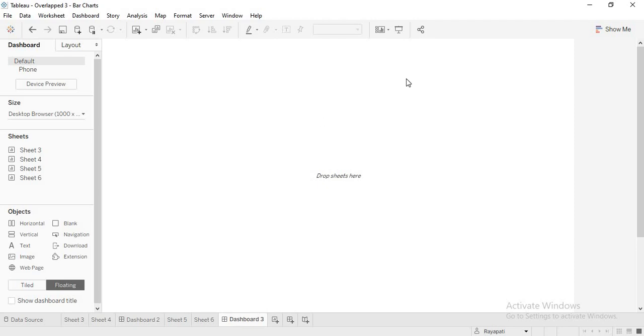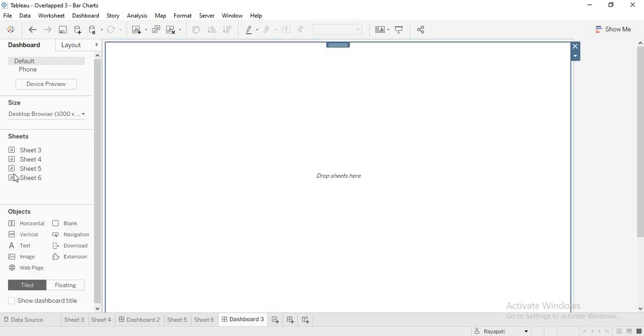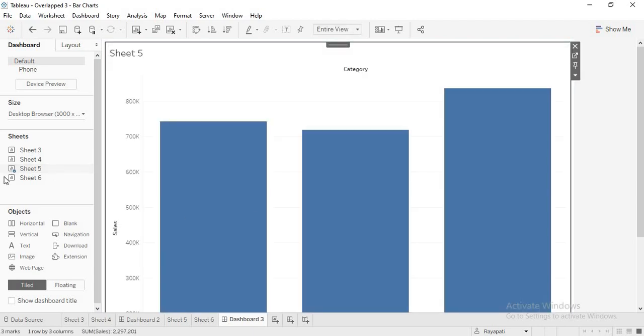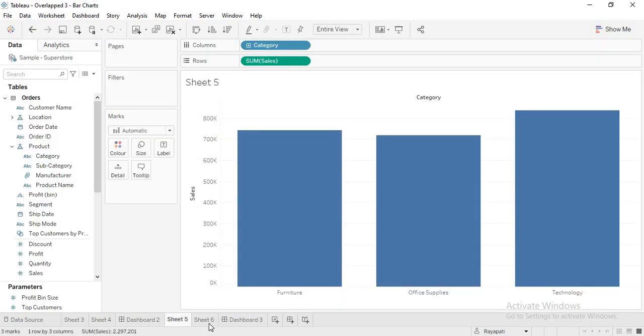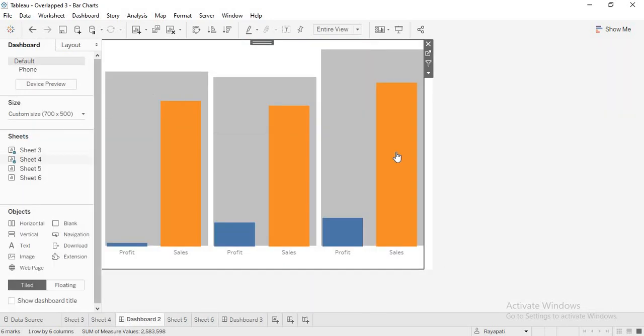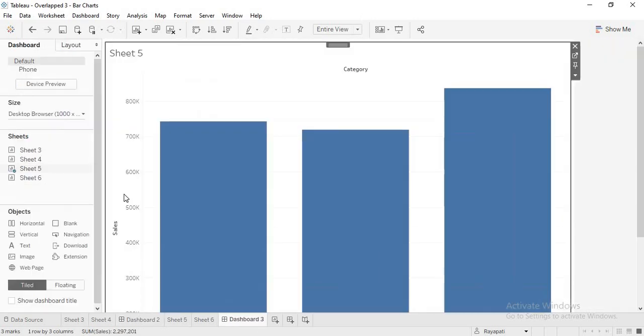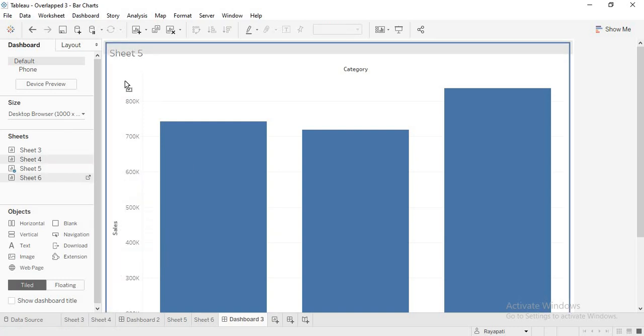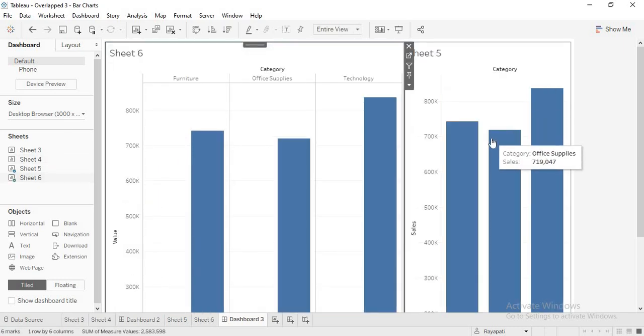Now when you want to do this, the tiled version will not work. The only way is floating, because when you take tiled, let me drag one vertical container, and in this if I take sheet 5, we need to overlap one sheet over the other. If it is tiled, this will not help because you cannot overlap one on the other.